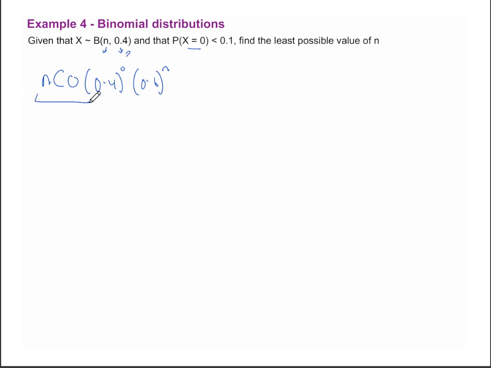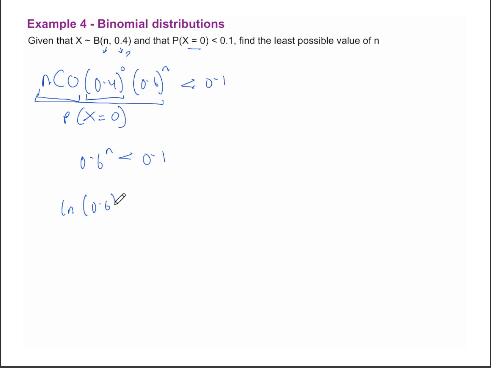And we want all of this to be less than 0.1, because this right there is the probability of your discrete random variable, which is binomially distributed, is equal to 0. n choose 0 is just 1, and 0.4 power 0 is just 1 as well. Which means what we're doing is finding 0.6 power n to be less than 0.1. And we want the lowest value of n that we can get to have our 0.6 power n be less than 0.1. For this, what we can do is apply ln on both sides, and we end up with